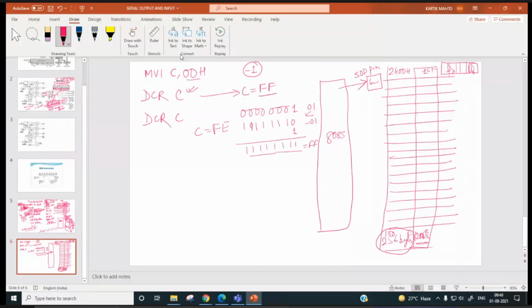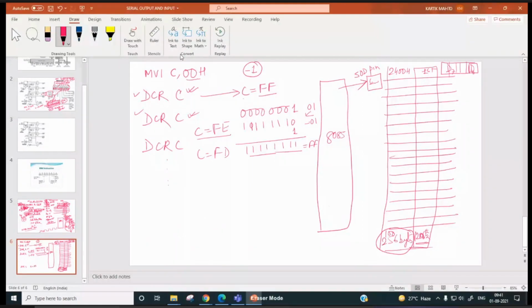Further, if you decrement, C will become FE. Further, if you decrement, C will become FD. This way, if you use this instruction say 256 times, what will be the C content? Sir, 00, right?